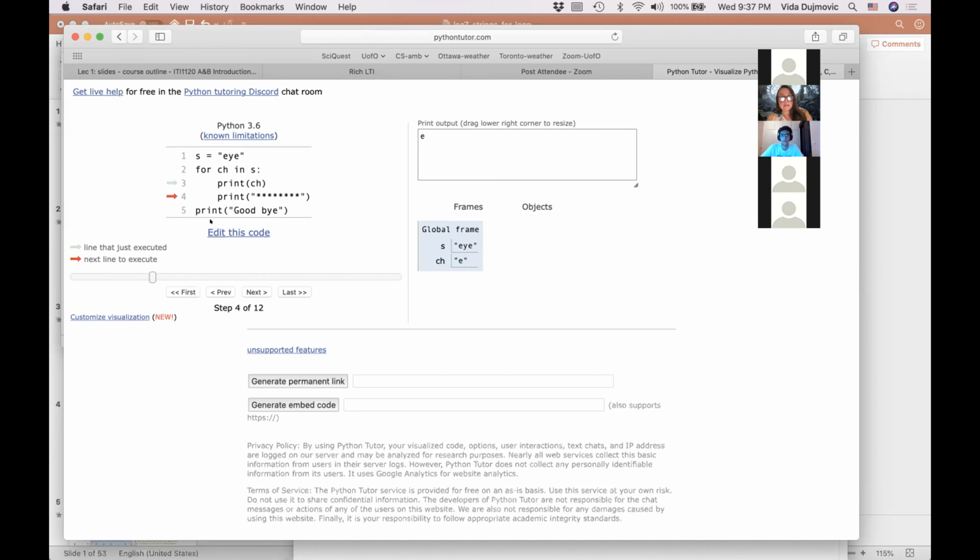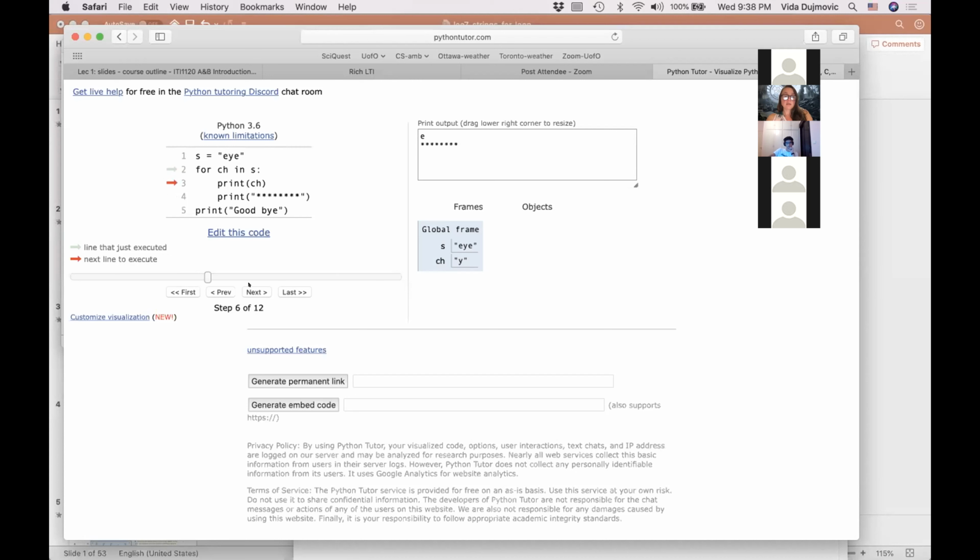It's going to print CH, and it's going to print stars when I press enter. But now notice that line 4, as promised, since we are at the end of a for loop, always goes back to the beginning of the loop. E stars, back to the beginning of the for loop. Python checks, are we at the end? No, there is another character, Y. So the next character Y gets placed in CH when you execute this line. Look here and you will see that CH can change to Y.